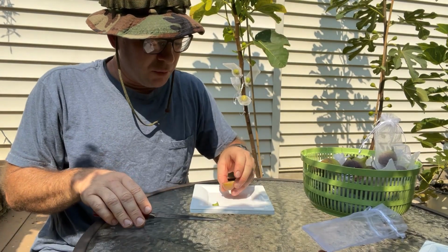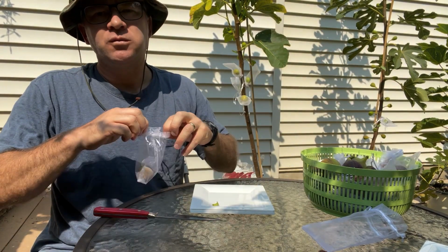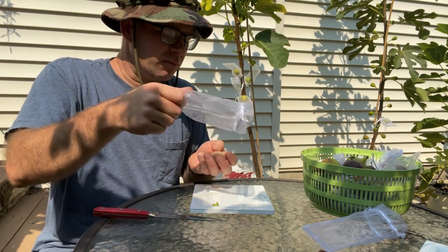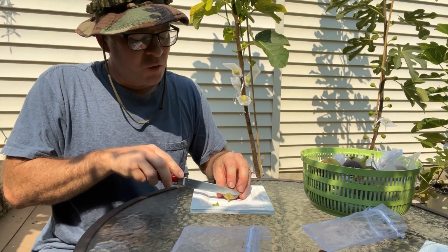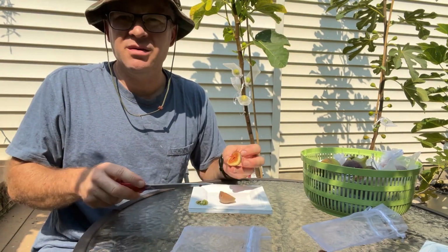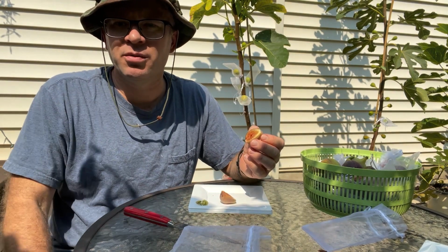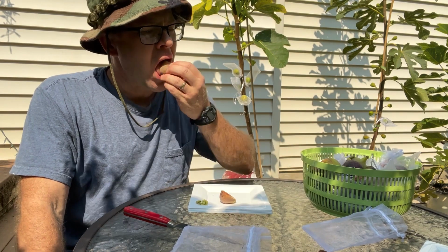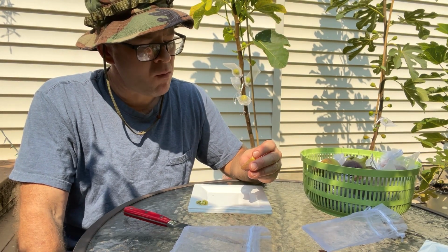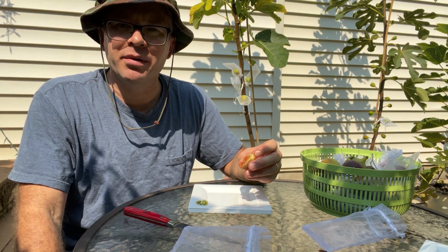All right, I'm trying some more Eaubonne figs again today. These things are just really ripening well for me. I'm getting a bunch of them off this tree. One of my most productive first year trees that I have, maybe the most. Normally with a first year tree, I'm just happy to get a couple fruits off of it. I'm just trying to evaluate it. But for Eaubonne, I'm just getting a bunch of